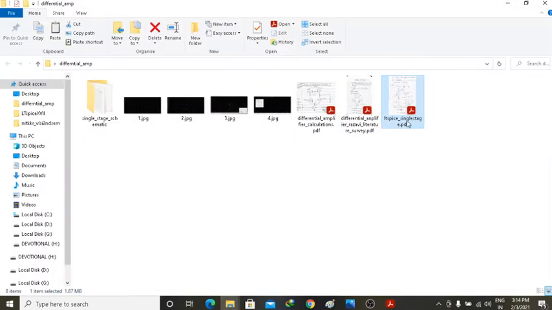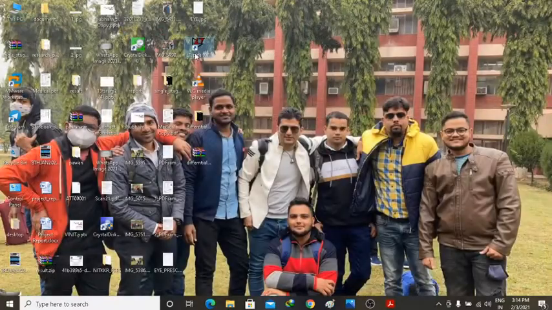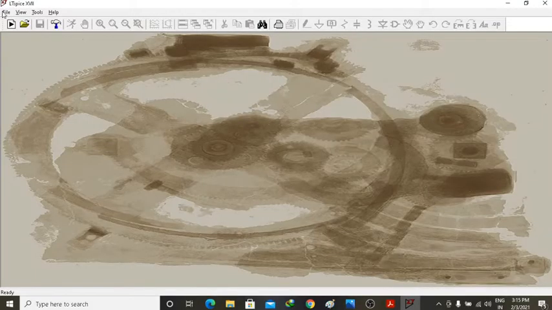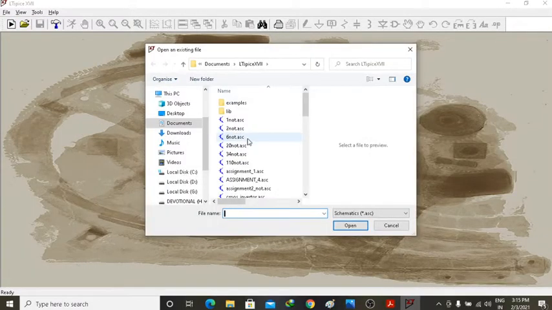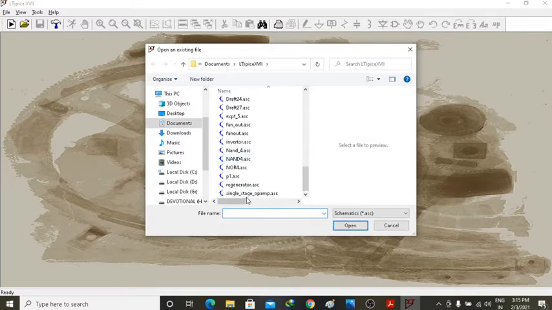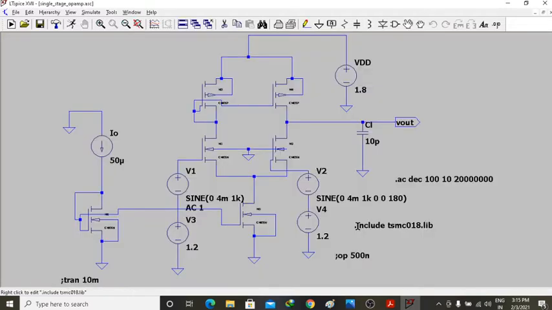Let me open LTspice also now, then it will be more convenient for you. File, open, single stage open. So guys, you see I've already drawn the schematic in LTspice. M1, M3, M4, M1, M2, M5 and M6 are the transistors which I have taken. But before proceeding forward, we need to supply the values of W by L, the aspect ratio, for all the transistors, and only then are we going to achieve the graph, right?